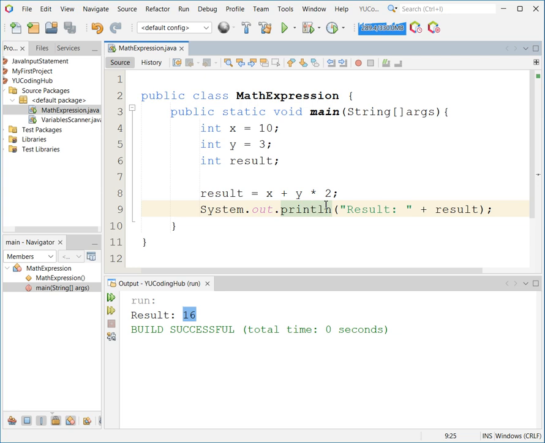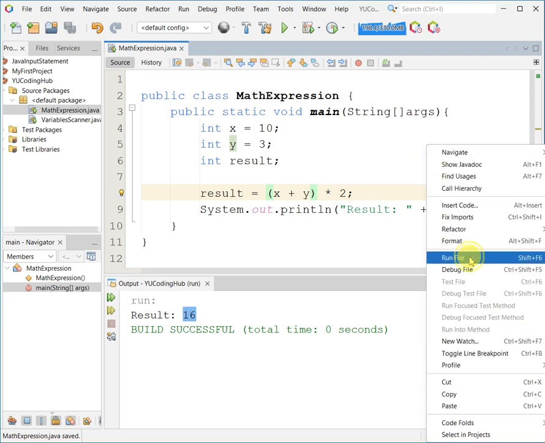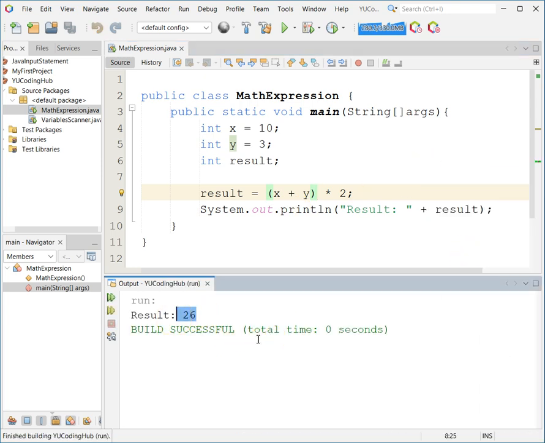Now, this result can be changed, depending on how we group our expression. When we talk about grouping, for example, I'll put here an open and close parenthesis. When we run this, you will see it now becomes 26. So why is it 26? If there is a parenthesis grouping a certain part of your expression, that part of your expression should be evaluated first.